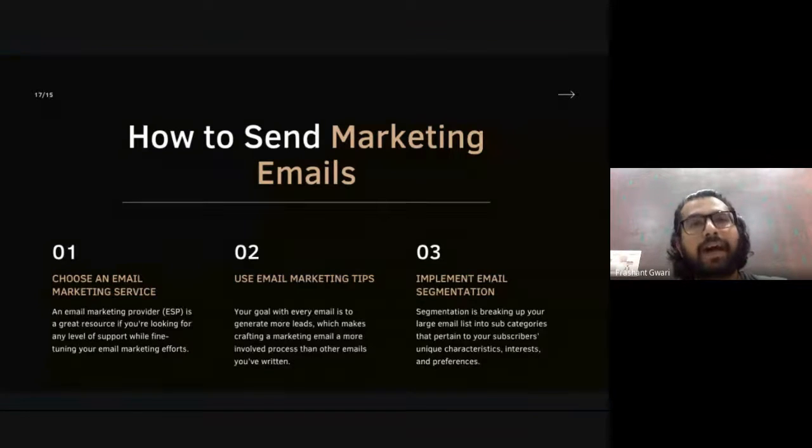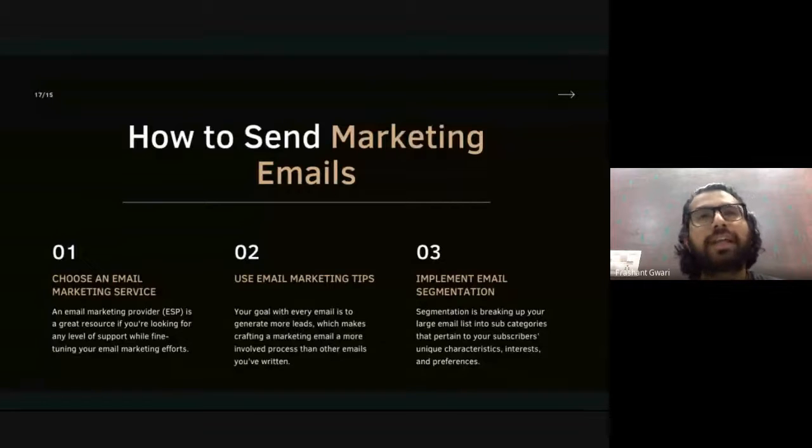So you will divide your audience or your email list into different categories, and those categories can depend upon your business. But the most famous types of segmentation we do on our email list are on the basis of location, interest, age group, behavior, and what action they are taking on our website. But it's not that you have to follow all four segmentations. According to the business, segmentation always changes.